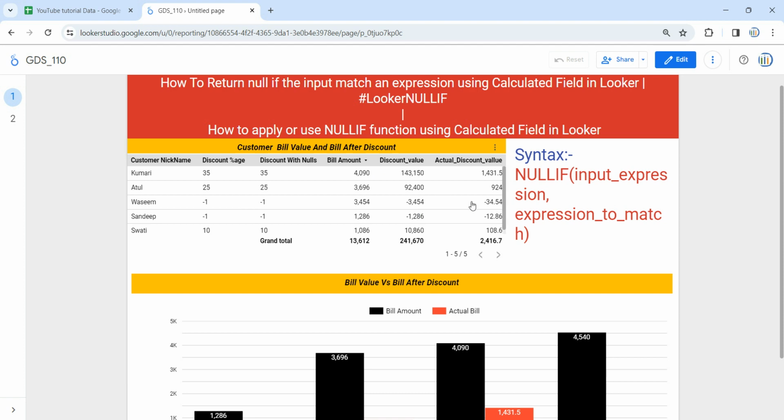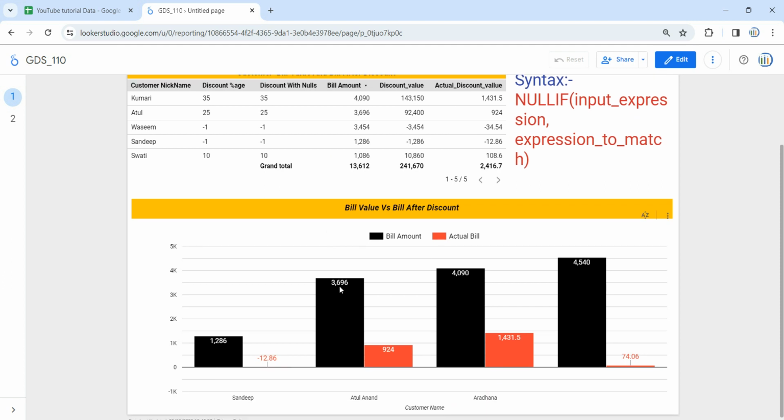For this we have to use the nullif function. So at an overall level, in this video we are going to create this table, and we are going to use the nullif function as a calculated field in our table as well as in this chart